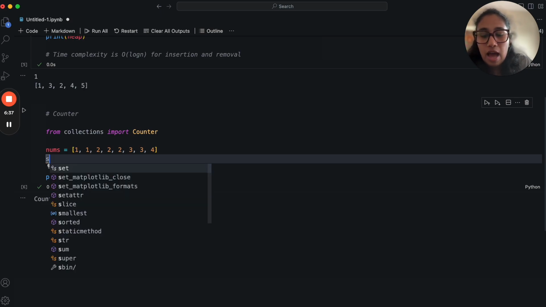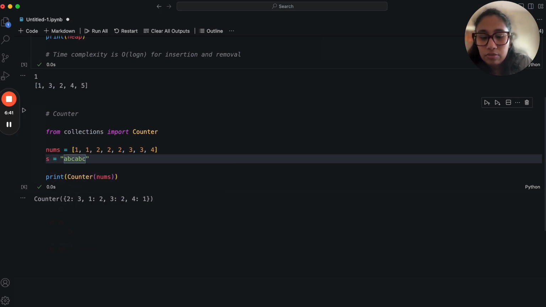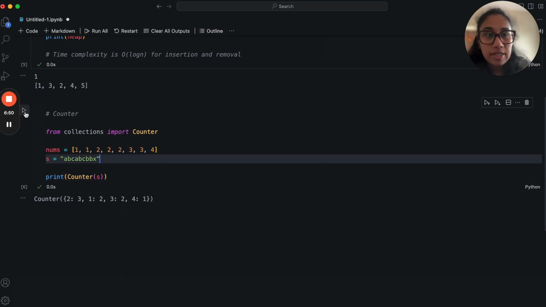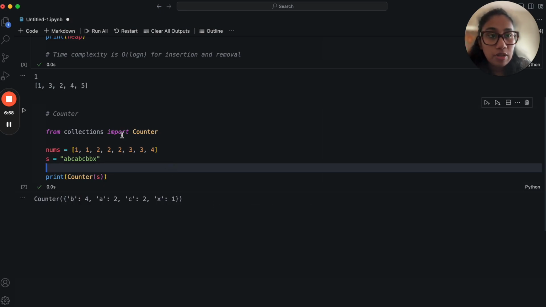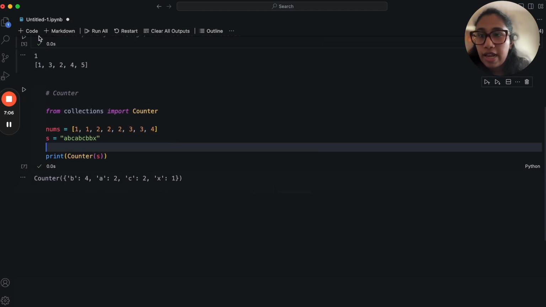So let's say we have a string, and I just want to know the frequency of these characters. If I print it, you beautifully get the frequency. So this is very, very useful and a very important one which many people don't know. Moving on to the next data structure,